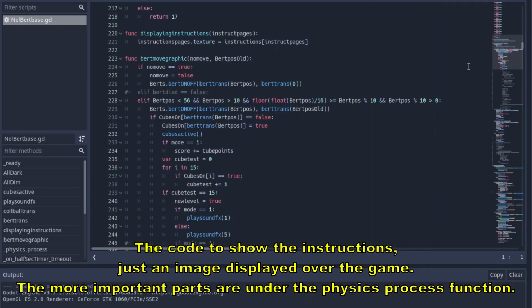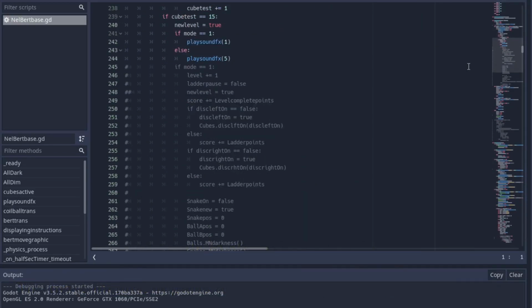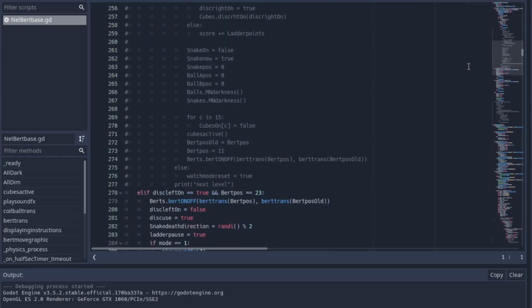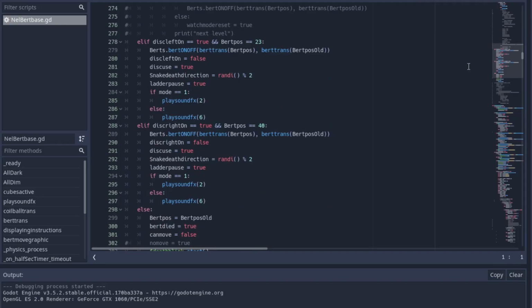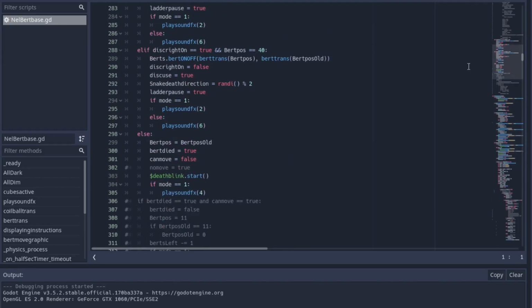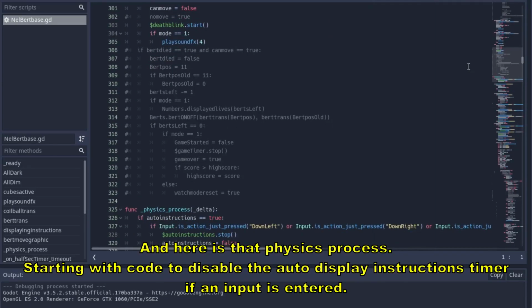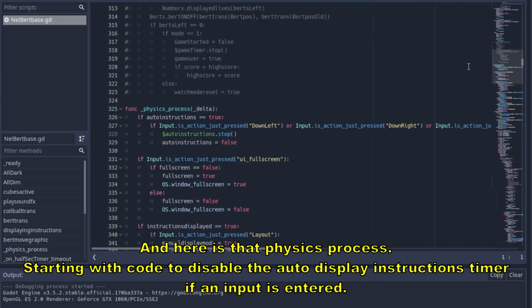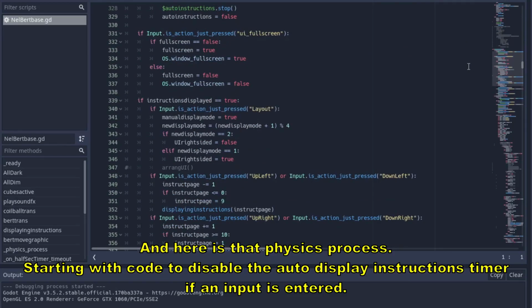The more important parts are under the physics process function. And here is that physics process. Starting with code to disable the auto display instructions timer. If an input is entered,